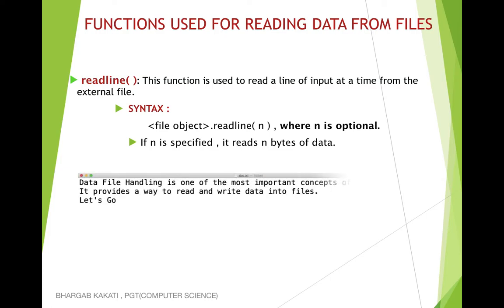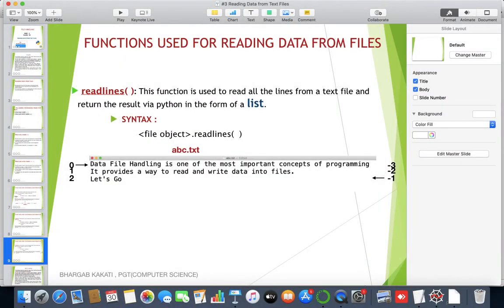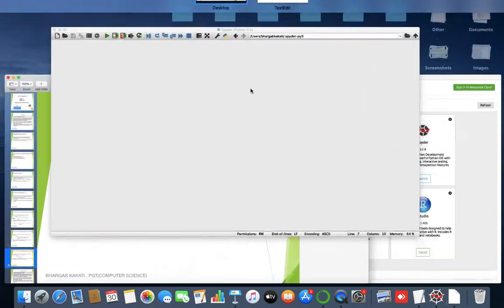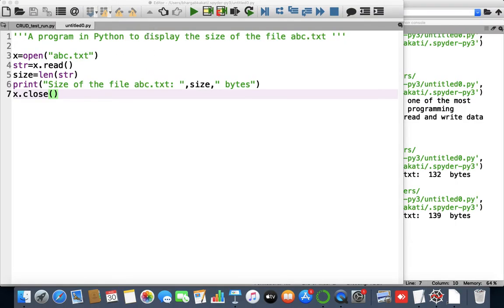Okay. So let's say this is the Python file abc.txt. I'll be working with this particular file only, and from there we need to read, here how many lines are there? 3 lines are there. So at first I'll be writing a program to read the first 2 lines from this particular file. Okay, now let's move on. So the first program will be to read the first 2 lines of the file